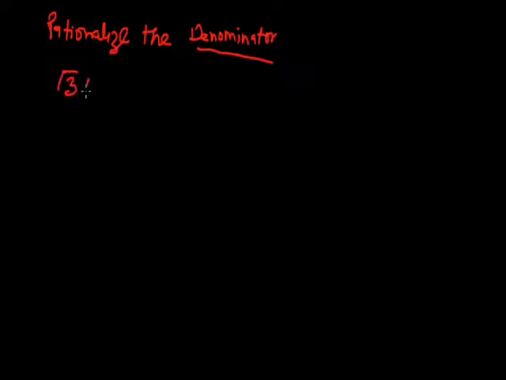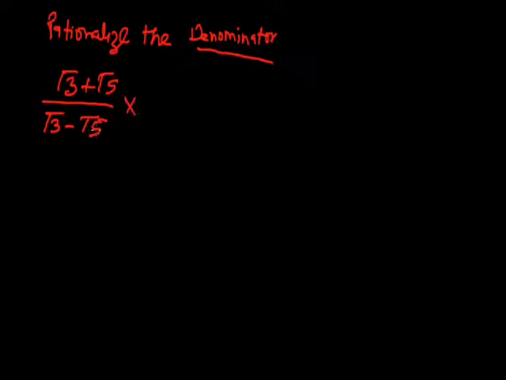What is the rationalization used for? It is basically used for simplifying the denominator of the surd. So when you have the surd in fraction form, what do you do? You rationalize the denominator of the surd. Now I have a surd like this in fraction form, √3 plus √5 over √3 minus √5. Now I want to rationalize the denominator, because we have to simplify it, so we rationalize it.